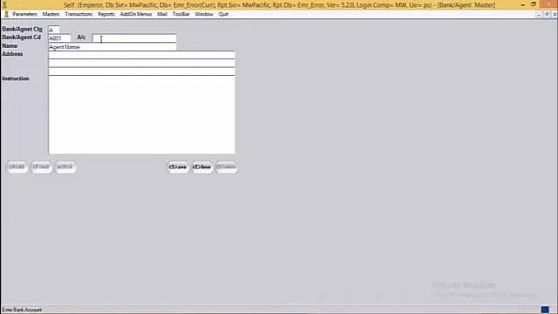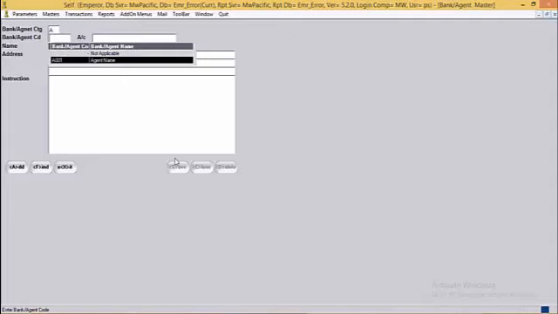As account code is not applicable in the agent code, user can straight away move to the address details and the instructions if required and click on the save button. Now the agent A001 is stored in the system, which can be used in the invoice entries in case of shipment through agent. Same way user can add the details of bank.